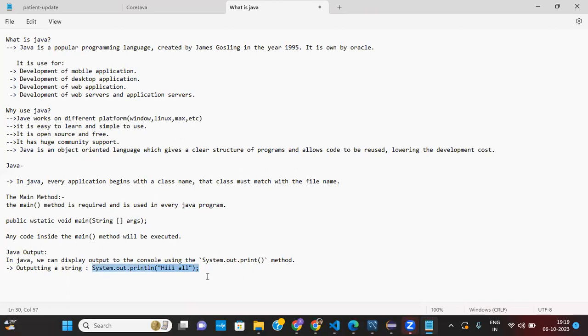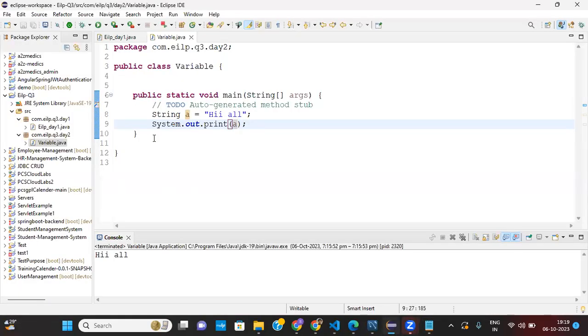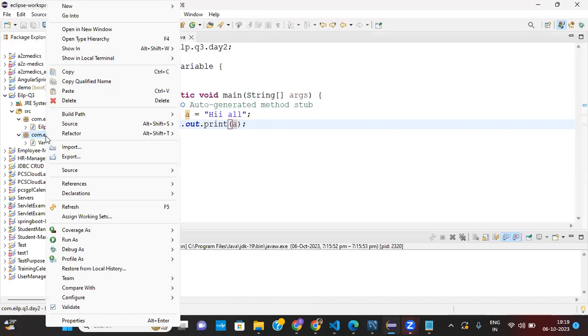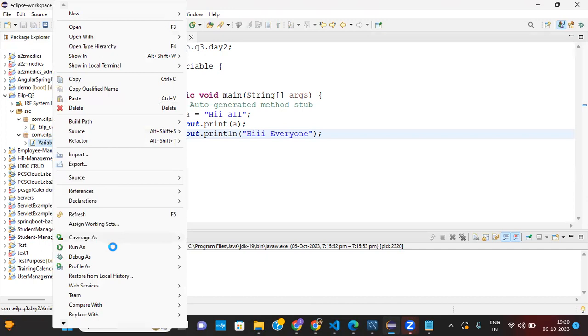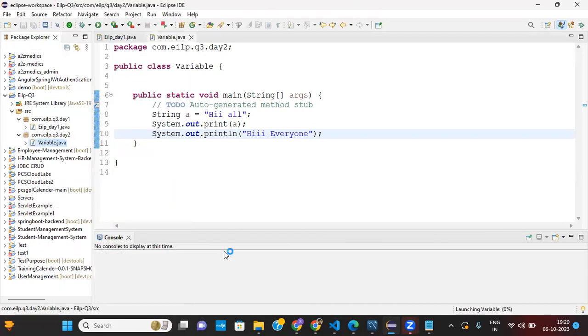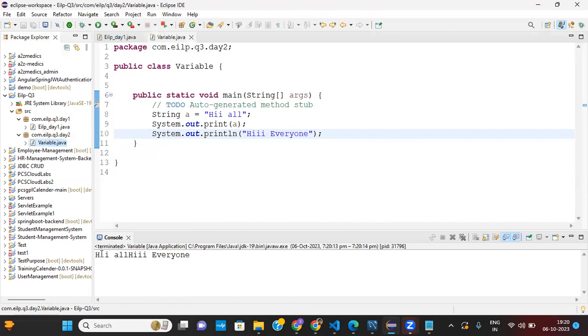If I copy this and paste it over here, this will print this string normally.